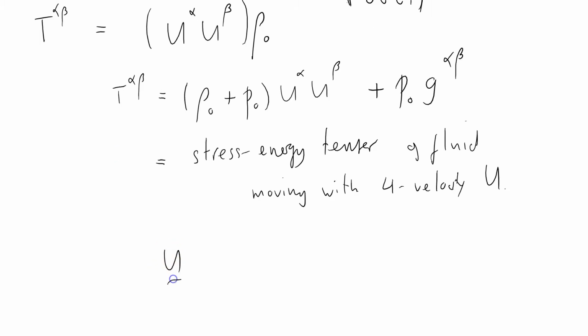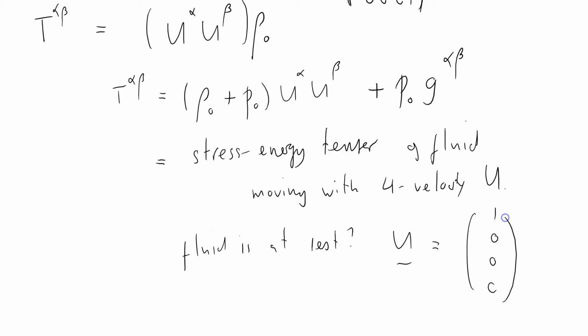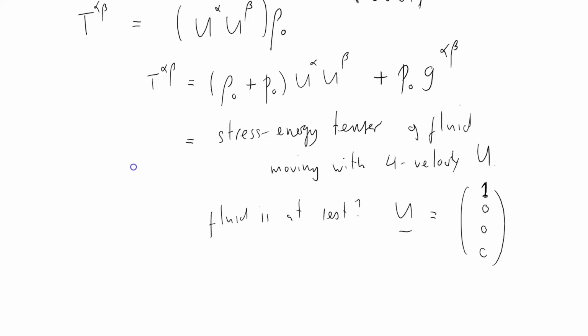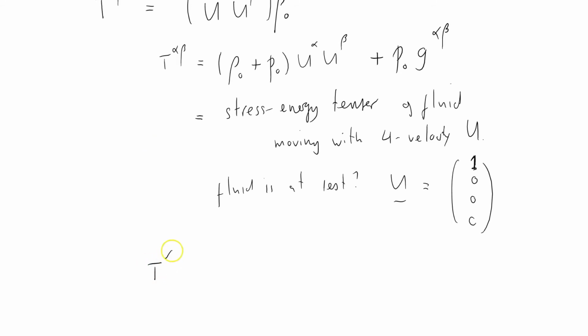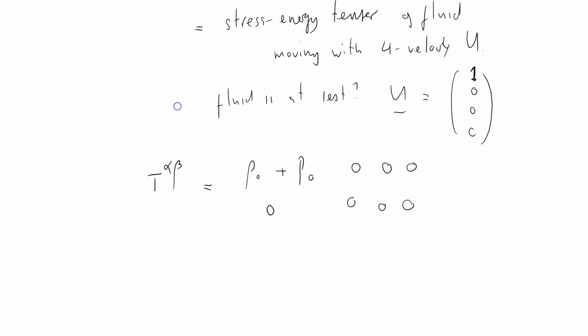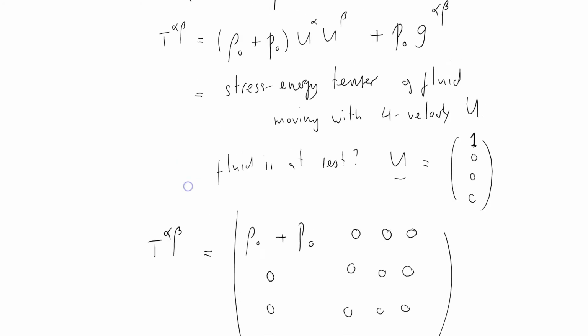Of course, what happens if the fluid is at rest? Well, then your 4-velocity is just 1, 0, 0, 0. It's just a single vector of unit magnitude pointing in the time direction. So we can just evaluate this expression here, and what we get is that T alpha beta equals rho 0 plus P 0, and then zeros everywhere else, because we're taking a cross product effectively of U with itself, 0, 0, 0, 0, 0, 0, 0, 0, and that is the first component here,